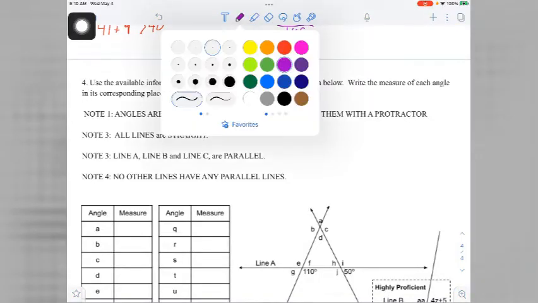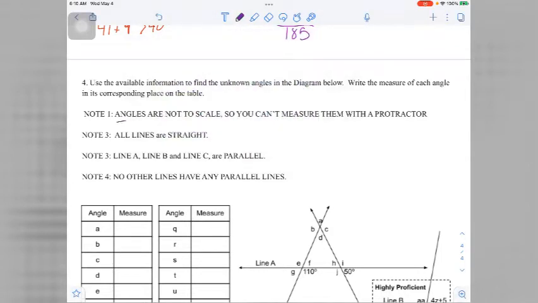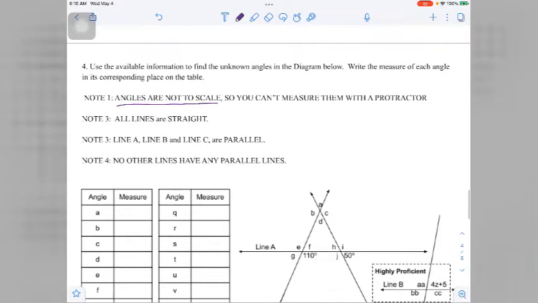Okay, so part four is just a big angle puzzle, and we're just supposed to use what we know about angle relationships to figure this out. There are a few important things though. There are some notes here. One is that the angles here are not to scale. So if you were to actually measure these angles, they may, but they probably don't actually match the angles that